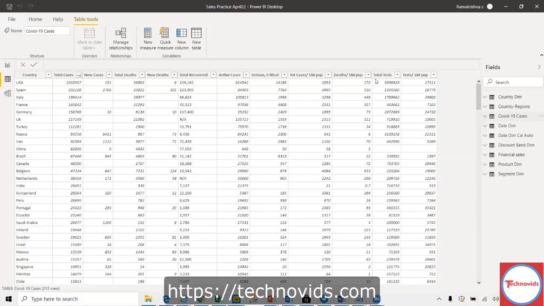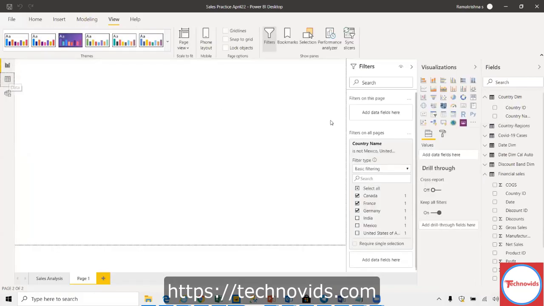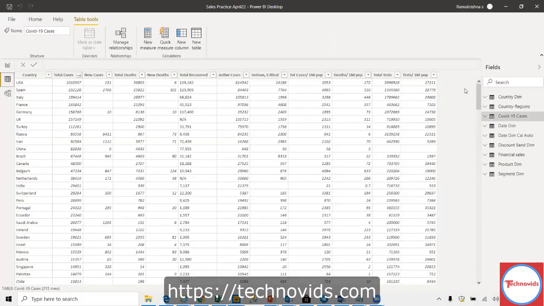So whatever I have shown is not the case in the companies, like the financial data. This is nothing actually. There will be a huge data set, and it will not be in Excel. It will be in the database.